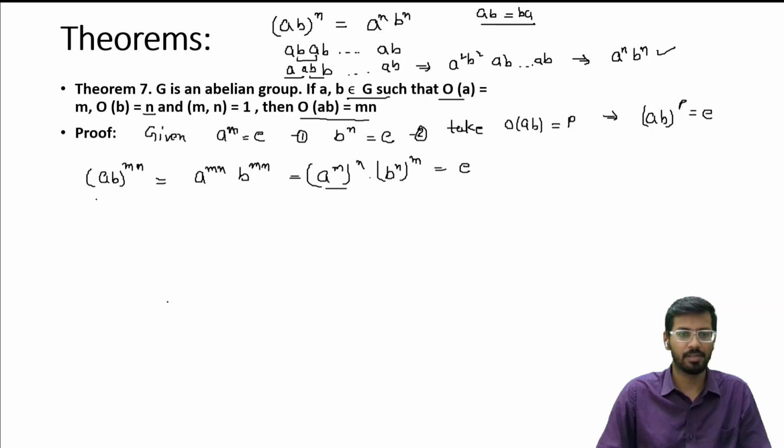So that means (ab)^mn is equal to the identity element. That implies this p, where we assumed that the order of ab is equal to p, because (ab)^p is equal to the identity element,